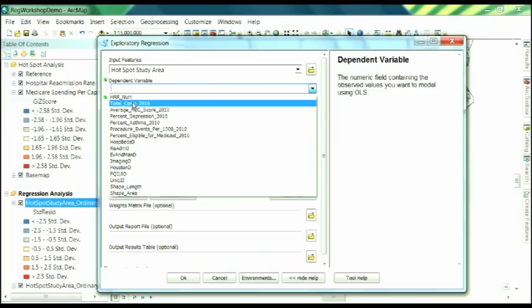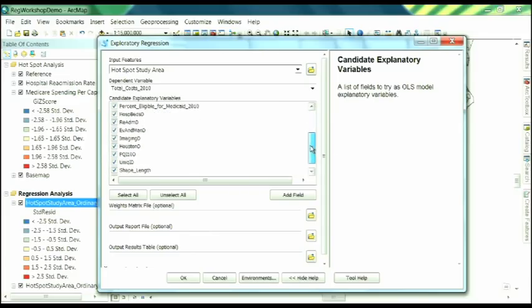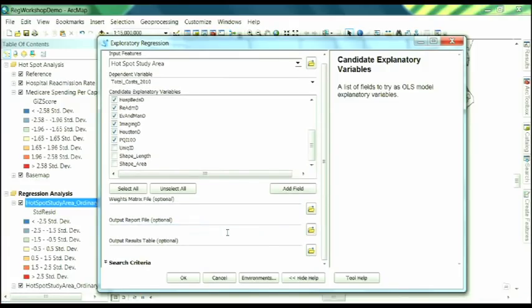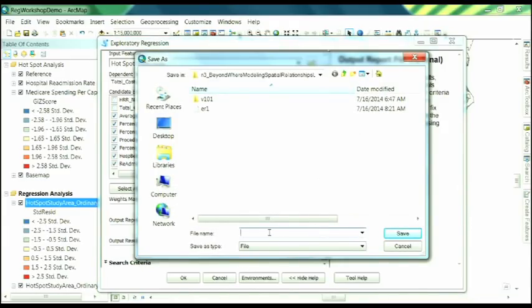So again, we'll have that same dependent variable, the total spending, but now we can just add all the different variables that we have in that layer and have the tool check for us all the different combinations and test those 6 checks to see if we have any passing models. So I'm just going to select all and then take away a couple of the things. We don't want to use total costs to explain itself, so I'll uncheck that. And then we don't need things like shape, area, and length, IDs. Now I'm also going to save an output report file so that we can take a look at the report,